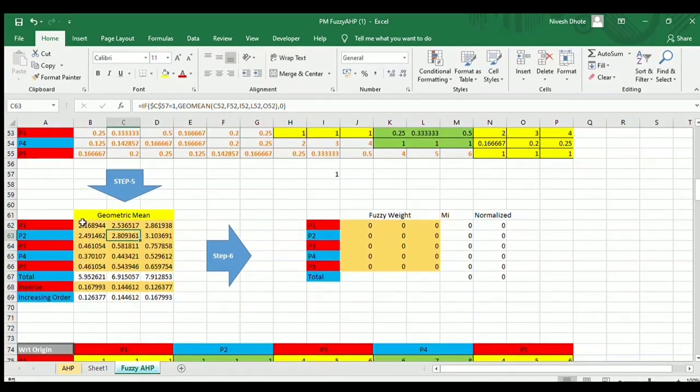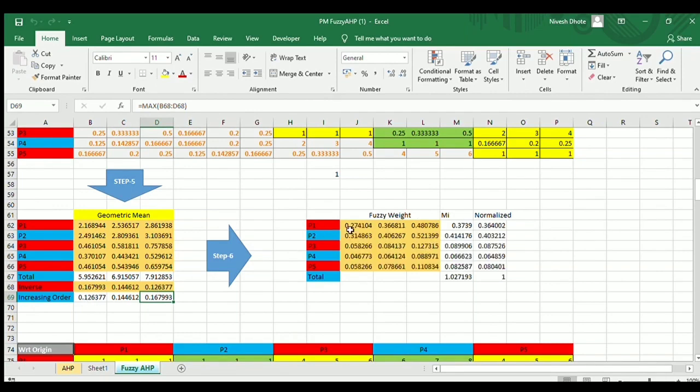Now we will take the total of this project, then we will do the inverse, and then arrange it in increasing order. For increasing order, we can use the minimum function, then the median function, and then the maximum function, so that it gets arranged in increasing order. Now our next step is to multiply this 2.16 with the increasing order value 0.12. So what we get is 2.74104. So it is the multiplication of these values. Similarly, we multiply project 3, the middle value, with the median value of this increasing order, so we get this value.